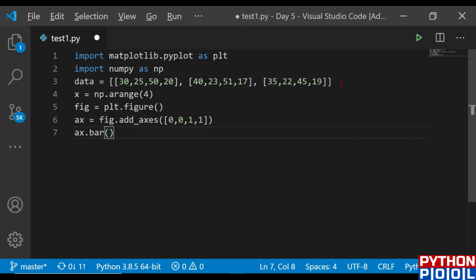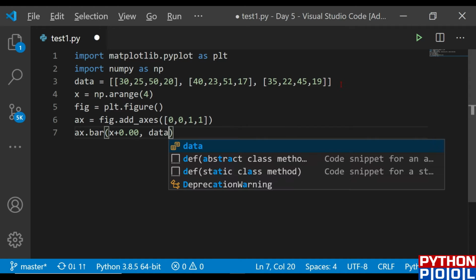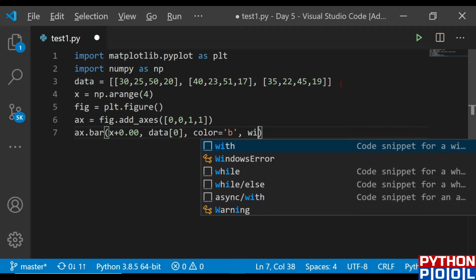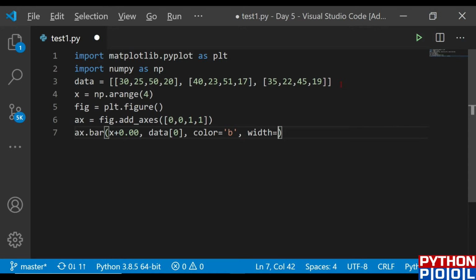Let me give the first graph as x plus 0.00. That is the position, 0.00 is the position, and then the data set is data 0, and let me define the color as blue. And let me define the width also. The width I'm keeping at 0.25.